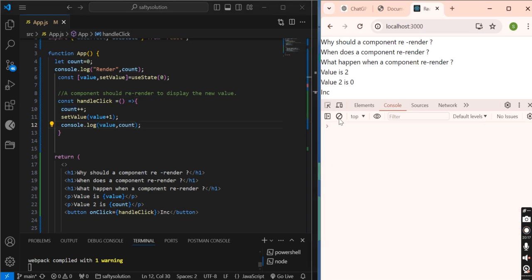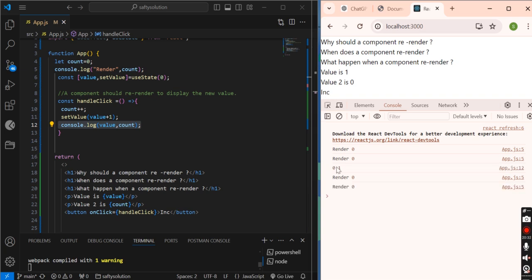Let's click on this and see what the output is. So here its value becomes, let me refresh this. Yes, click. The value is 0 and count is 1. Remember I told you it does not immediately change the value.